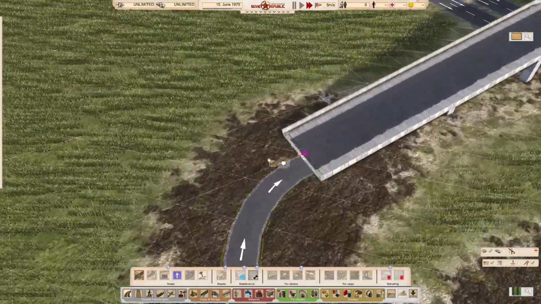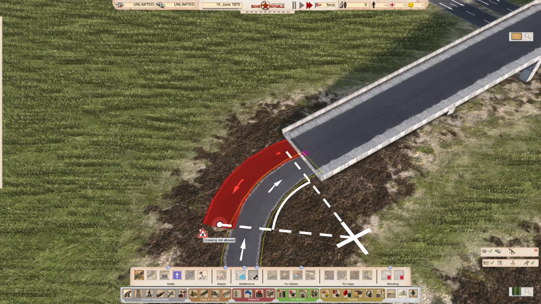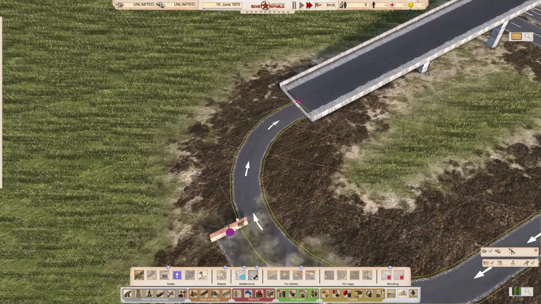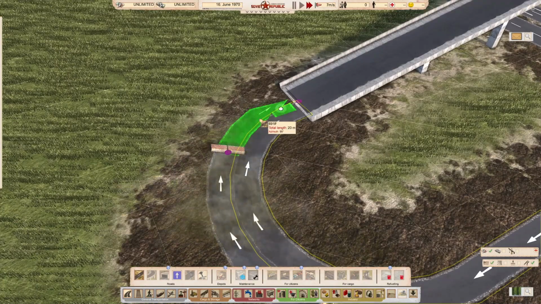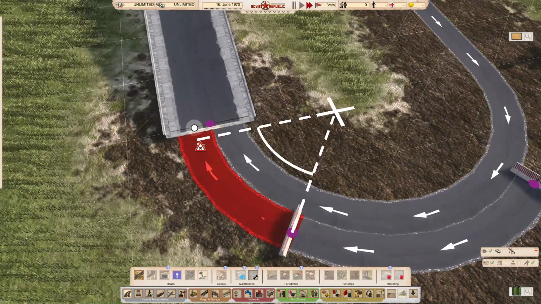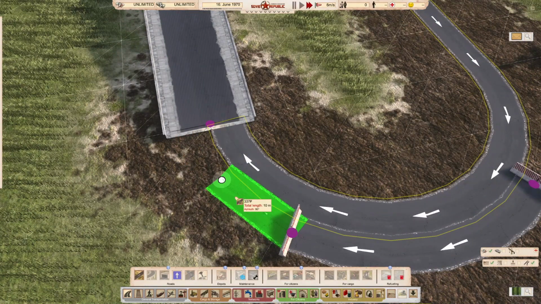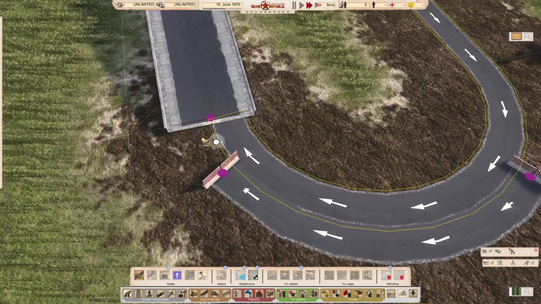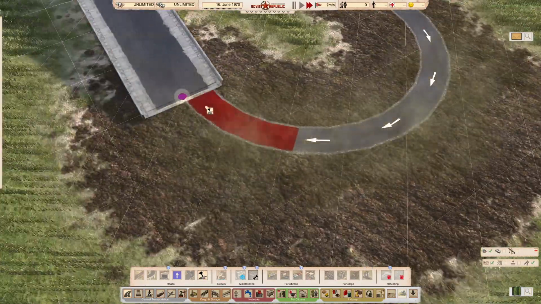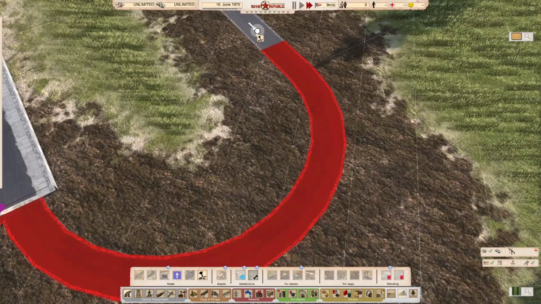Now sometimes the game can get a little bit stroppy when you come out this way because it sees the collision there. And what you can do is just put this back in, and sometimes the game will come in here. Sometimes it just won't play. Now there is a way you can fix that. If I come out here, take this back this way,